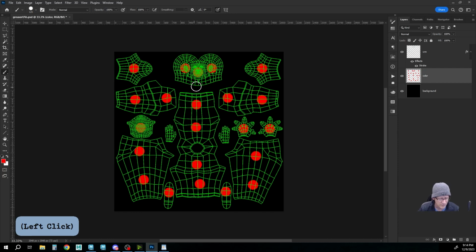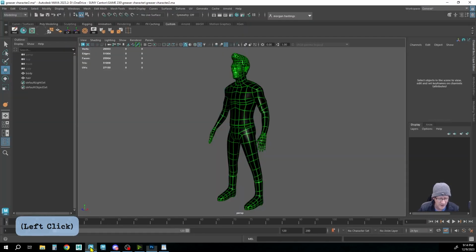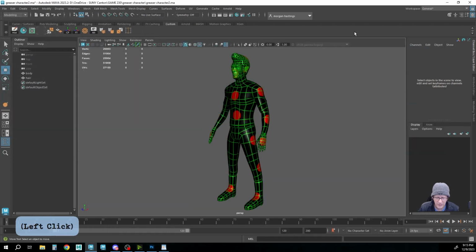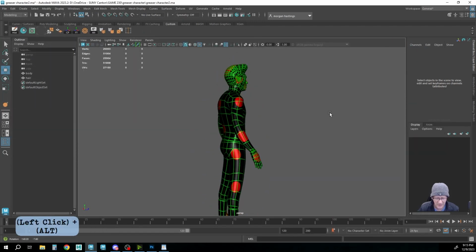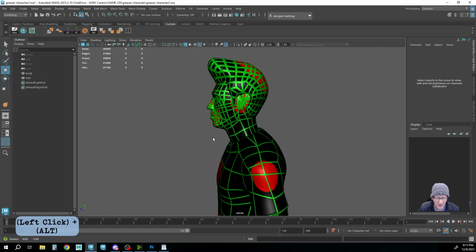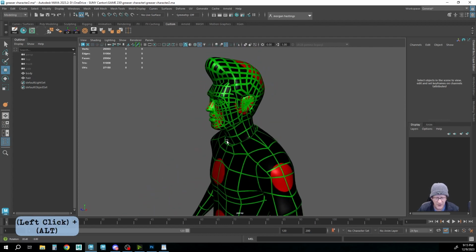All right, so we have that, and we have Maya. Now you notice that it hasn't updated yet. I haven't pressed save. Control S, go into Maya, close that, and look at that. We have it right there. So all our little dots are just automatically updated. So for the character modeling